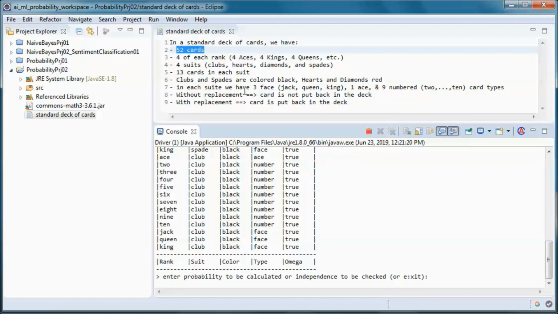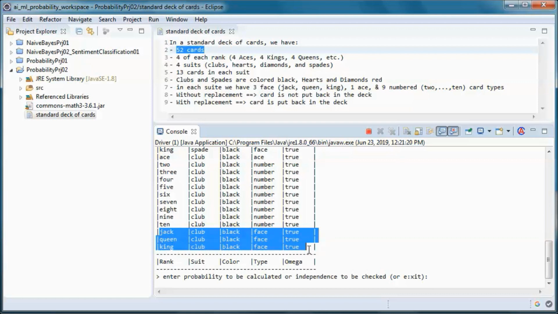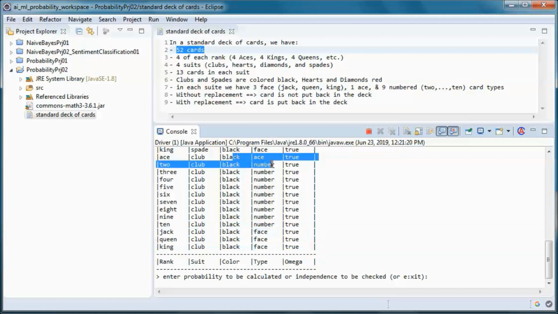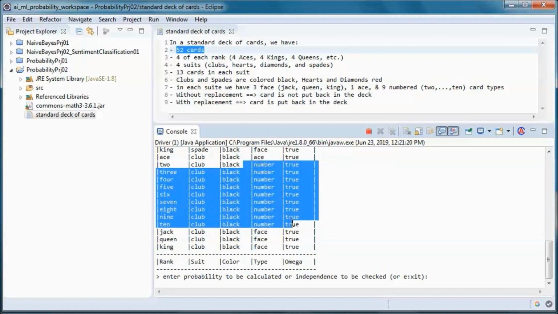And in each suit we have 3 faces, a jack and a queen and a king, and 1 ace, and 9 numbered cards, 2 to 10.